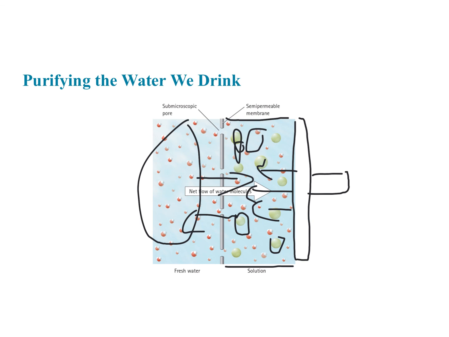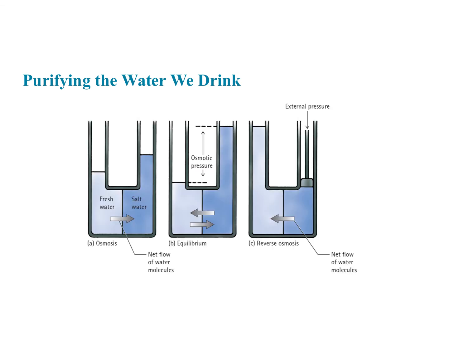And so if I've got salt water, I can separate the salt from the water and be left with water that I can actually drink or use for whatever reason. So here we can see this illustrated in a more clear diagram. We have two regions. We've got one containing fresh water and one containing salt water with this semi-permeable membrane. Now, if we just leave it set up like this, what's going to happen is the fresh water is going to flow into the saltwater portion, and that means this guy is going to go up